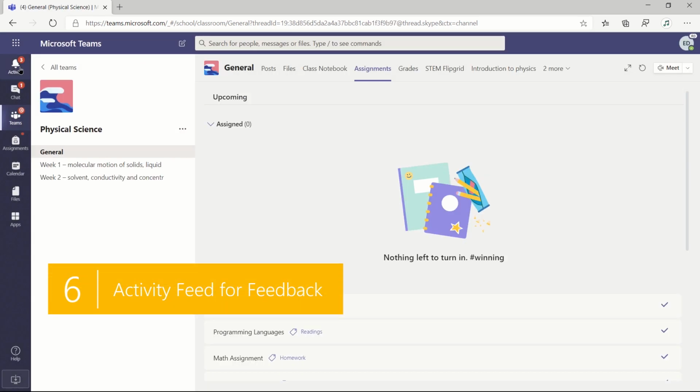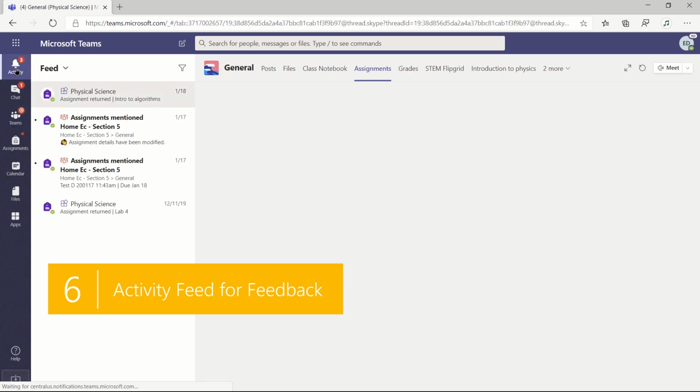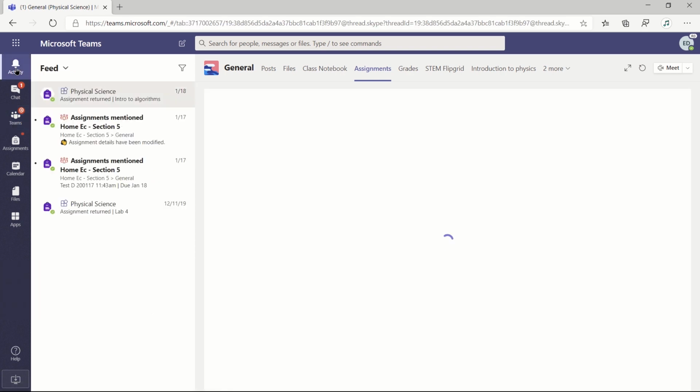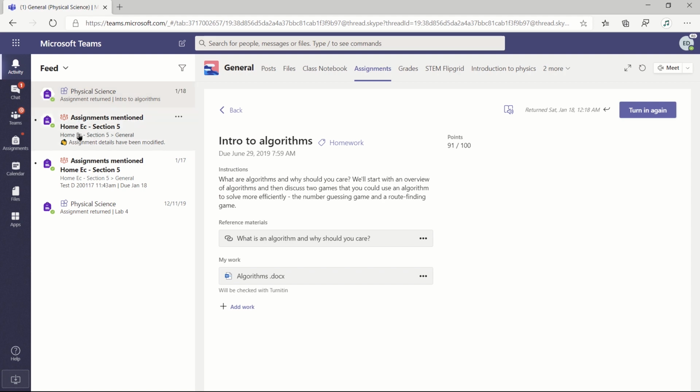And last but not least, activity feed for feedback. Is there anything worse than leaving a student feedback that they don't know about? That is the definition of wasting our time. Teams has an activity feed that lets the students know